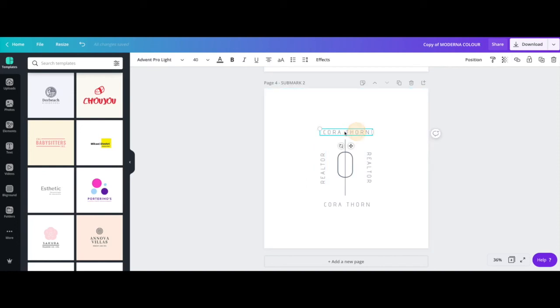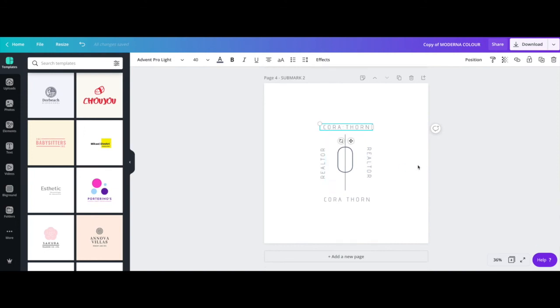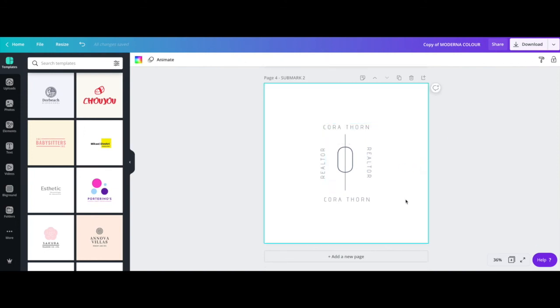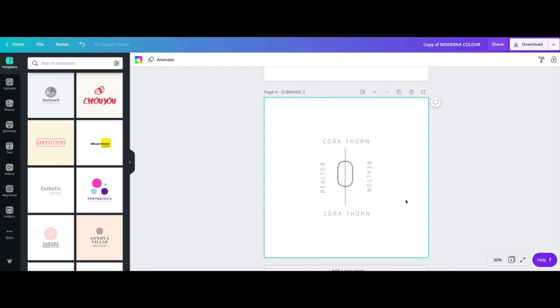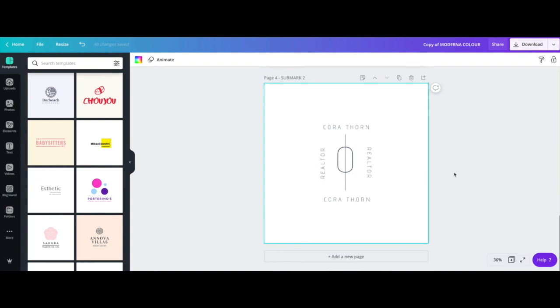So you can play around with this. You can put your first name, last name, first name, last name. You can put established on either side. It's completely up to you. Again, play around with it until it looks good to you and it's something that you would want to move forward with on things like social media. So once you're happy with